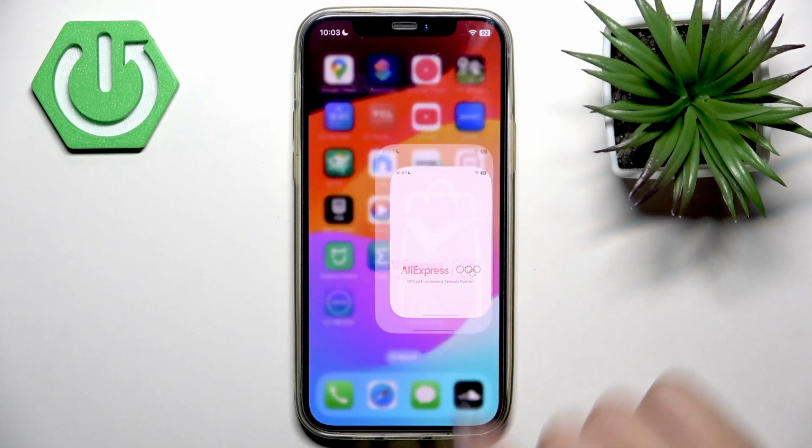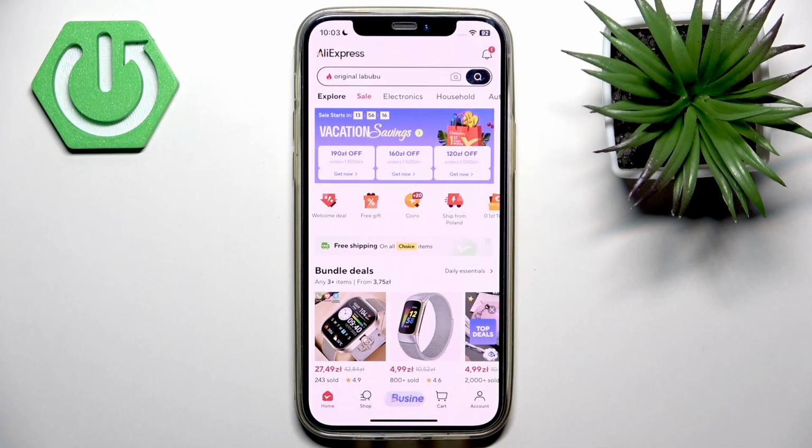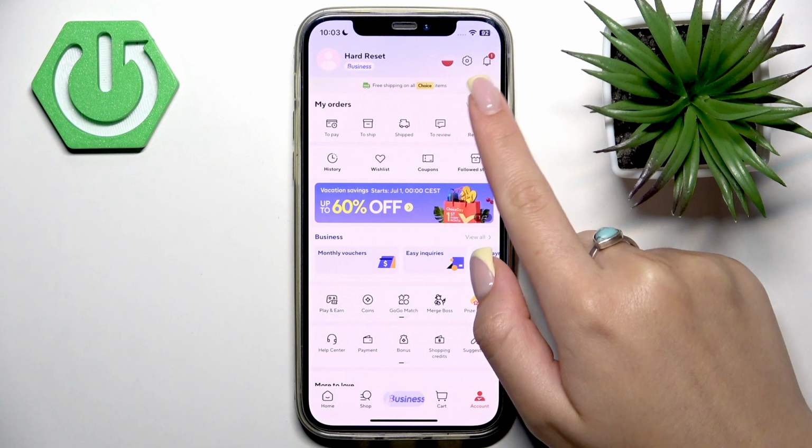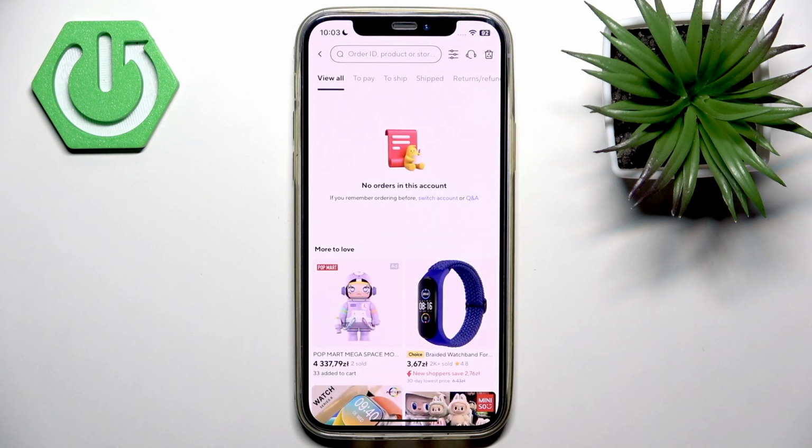First of all, open AliExpress application on your device and then at the bottom access your account, and at the top you should see My Orders tab, and here I want you to press View All button right here, and here you will see all your orders, and here you want to find the order that you want to